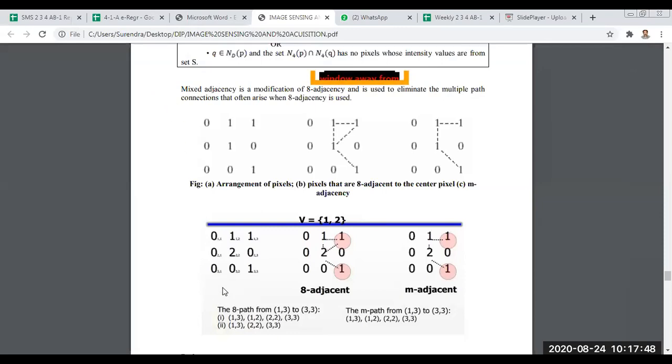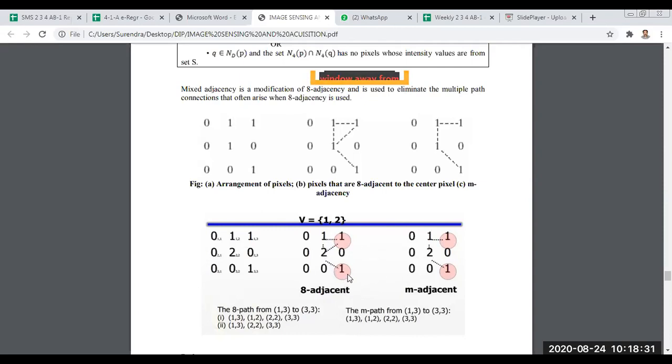Okay, thank you. So here, this is black and white, but the intensity values are different: 0, 1, 1, 0, 2, 0, 0, 0, 1. This is my black and white picture, but with different intensity values. Earlier there were only the values 0 and 1, but here 0, 1, or 2. Now here also we connect the white dots only, excluding zeros. What is 8-adjacency? Here also 1 to 2, 2 to 1, and 1. So this is also adjacency.